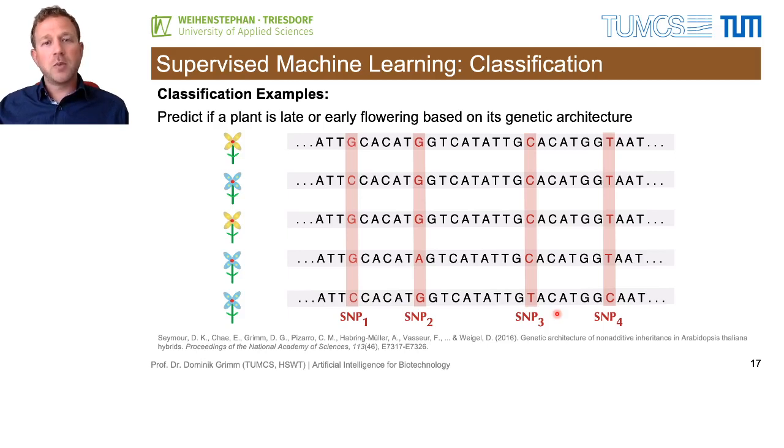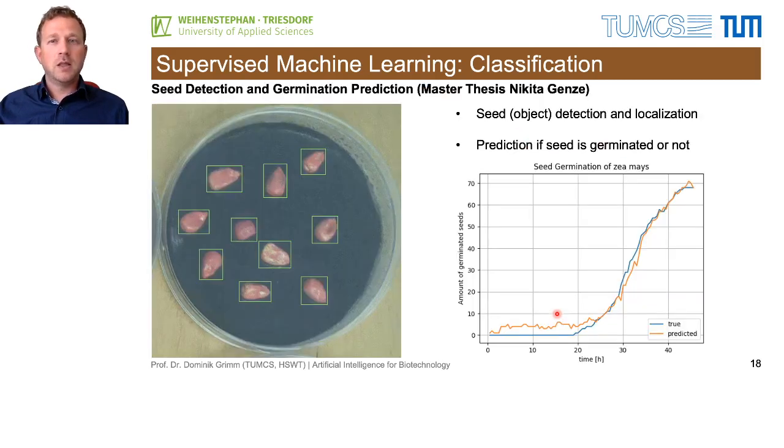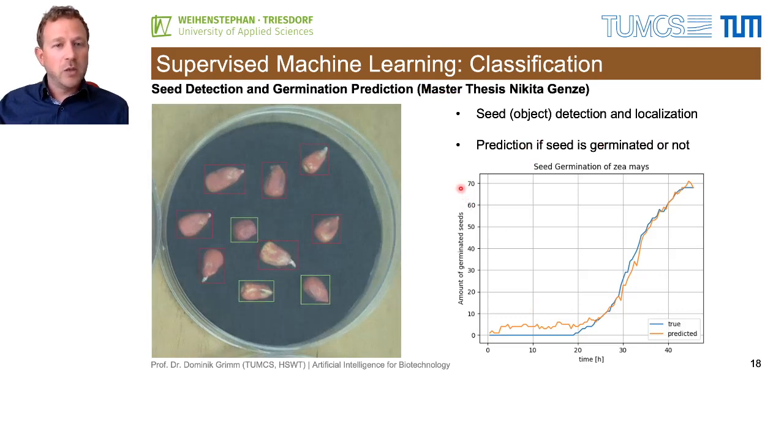A very recent example from my group was done by Nikita Gente, a master student in our group, who is now a scientific employee and PhD student. He investigated if he can do germination predictions using artificial intelligence and computer vision. He created thousands of images of seeds in a petri dish, and he then wrote a machine learning algorithm that first tries to identify in the image where the seeds are,